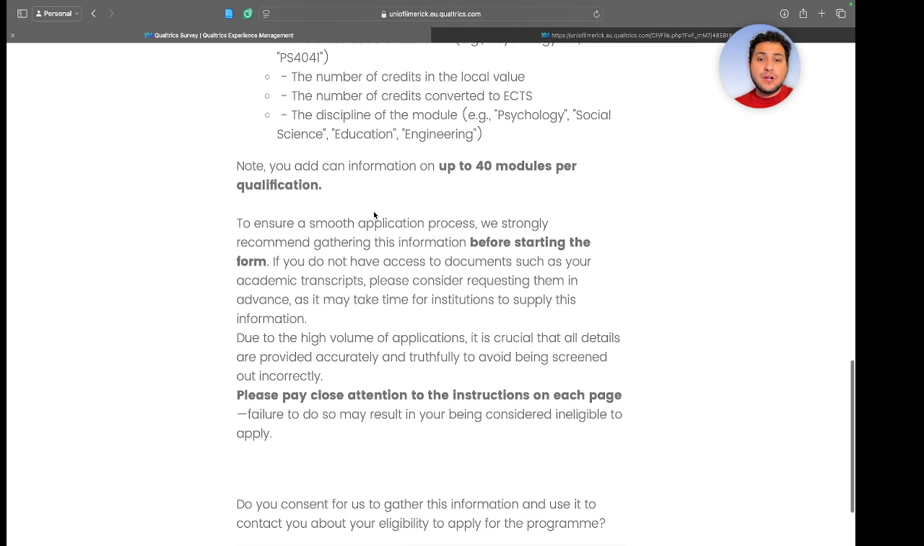To ensure a smooth application process, we strongly recommend gathering this information before starting the form. Why before starting the form? Because you will have a specific amount of time, okay, to fill out this application. Let's say you fill out this application and you wait until tomorrow to continue. You need to be very careful with that, because if you decide to continue on another time or another day, you may be at risk that at some point the web page will say, you know what, you are ineligible to apply because you didn't fill this out on time,